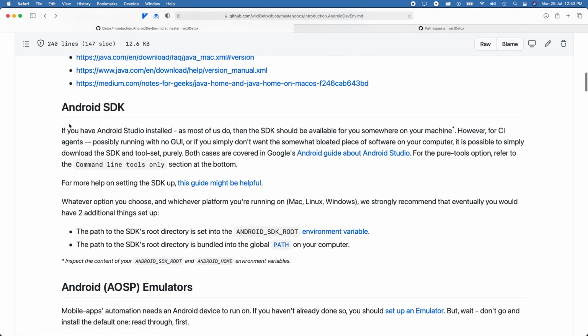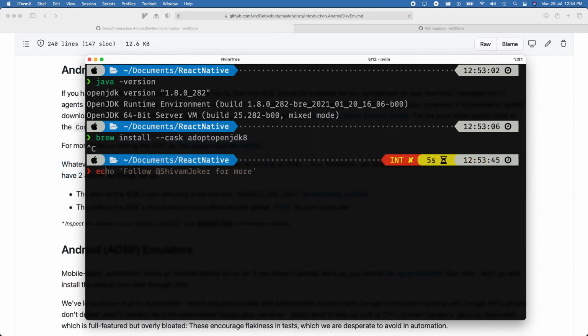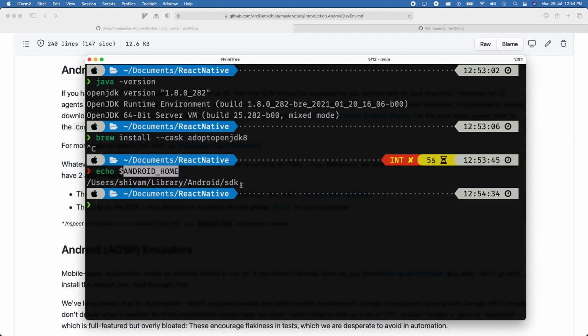So now we need to set up the Android SDK. If you don't want to install the whole Android Studio, there are ways. You can just get the SDK, but I'm not going through that path, but let's just say command line tools. Alright, and then you need the path of the SDK in your environment variables, ANDROID_SDK_ROOT and the ANDROID_HOME environment variable. So if I do echo and then dollar, which means it's a variable, and I paste this ANDROID_HOME,